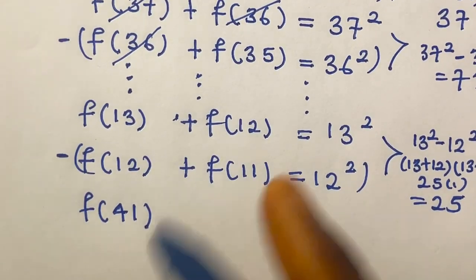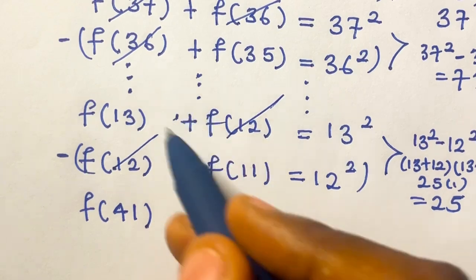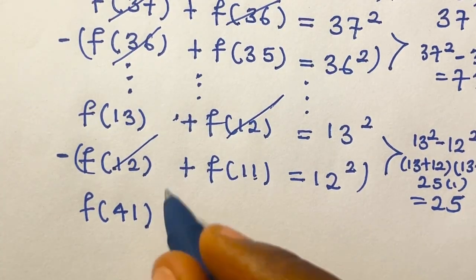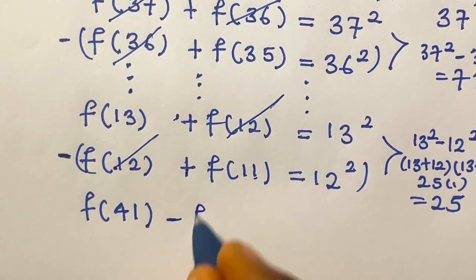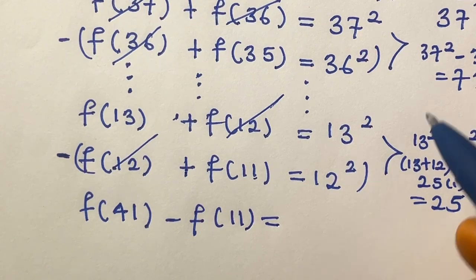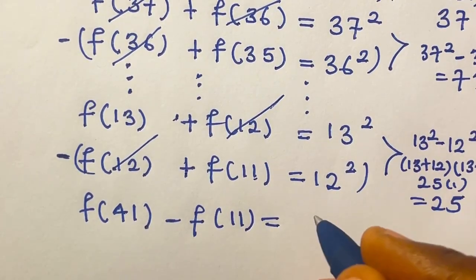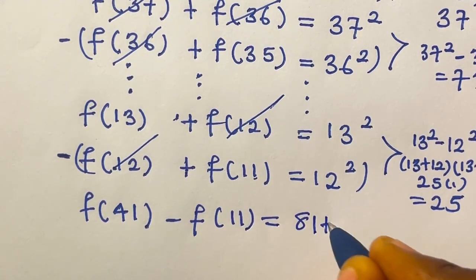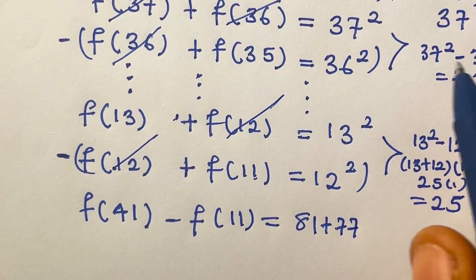Because this will cancel these two, then this will cancel its preceding function, so we are left with, remember this is minus times plus, minus f of 11 equals, so now if you add all this, the first one we have 81 plus